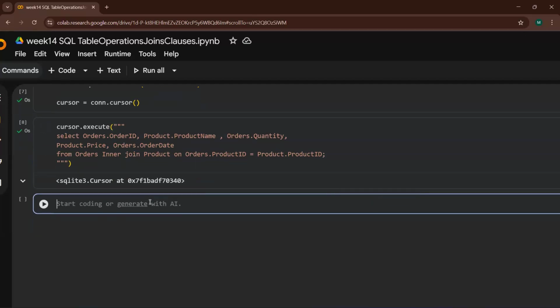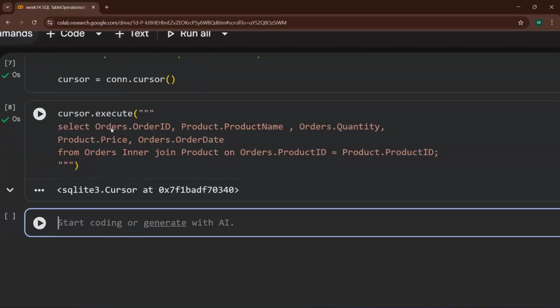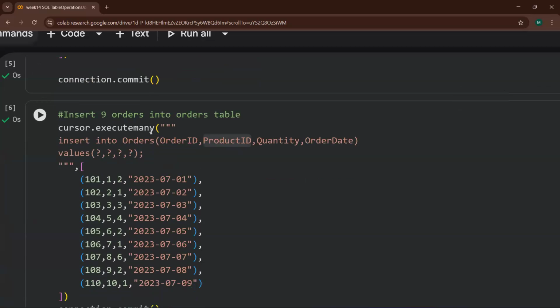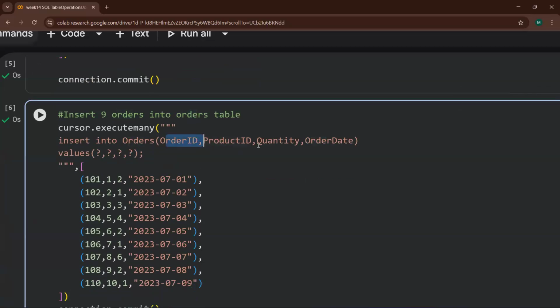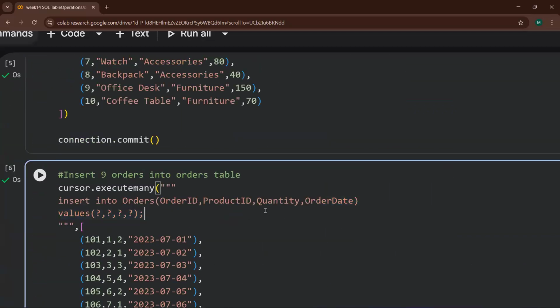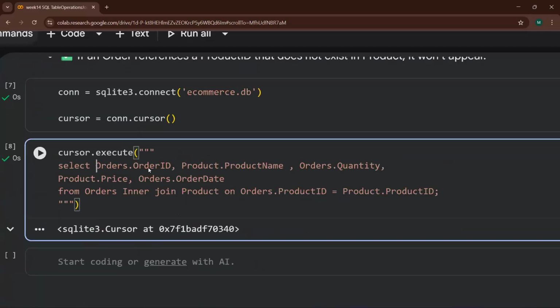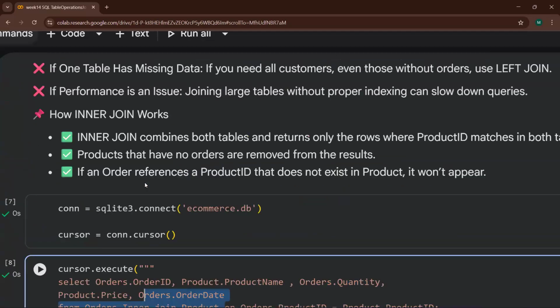And it got executed. So basically, let me just explain what happened. First of all, if you see the table, I am having order ID, product ID, quantity, and order date. So from orders table, I got order ID, quantity, and order date, all three of them.